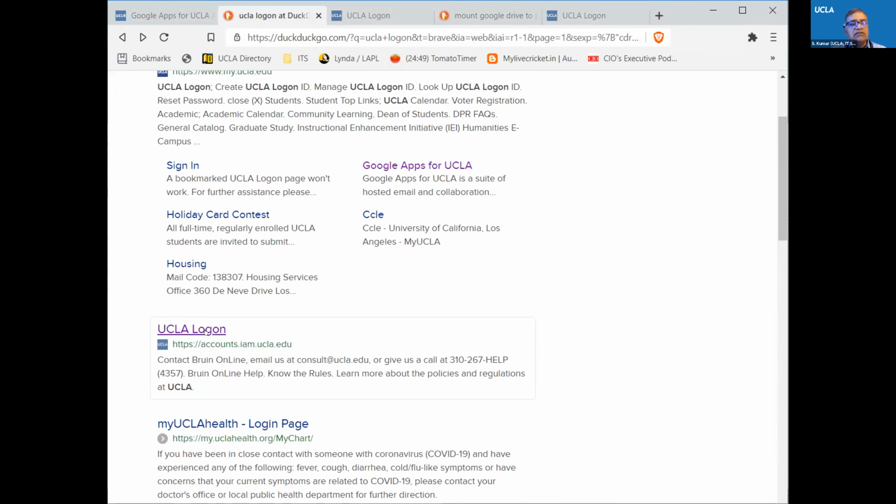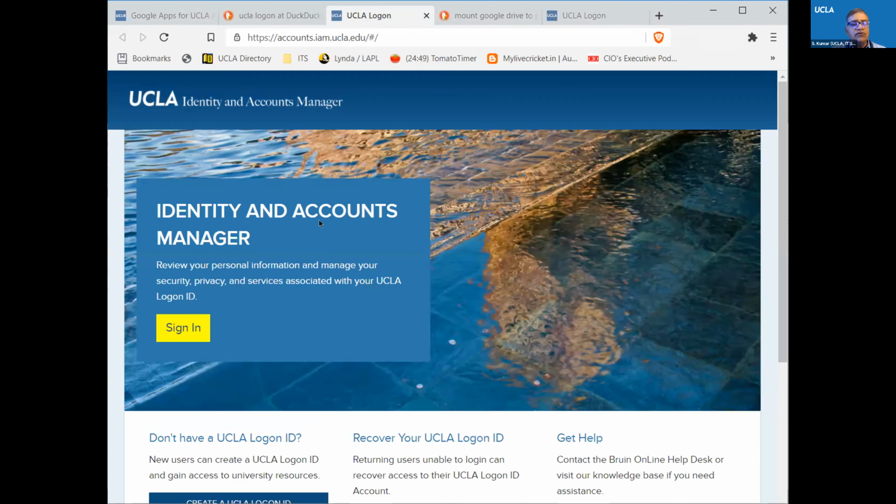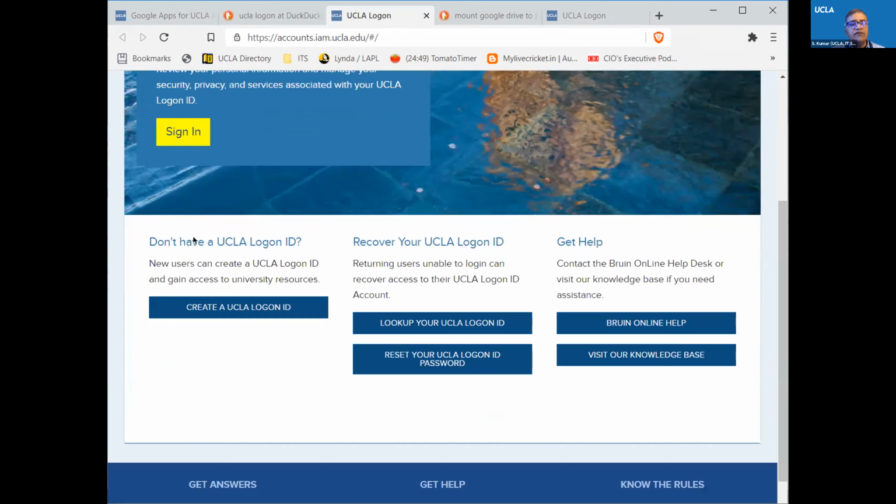To create a logon, you just do a search for UCLA logon. And then the second link is the UCLA logon. If you go to that page, the first section says if you don't have a UCLA logon, create one. And then if you click on create,